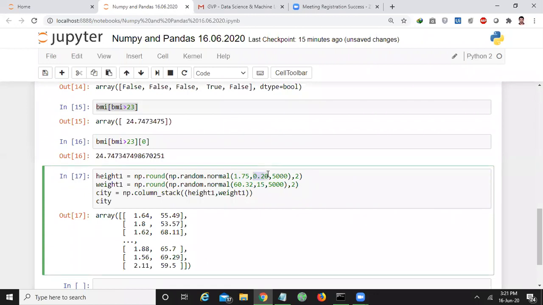By maintaining that, it will create 5,000 samples, randomly. Similarly for weight also. So one height and one weight will constitute one row like this. It is a two-dimensional array, okay.